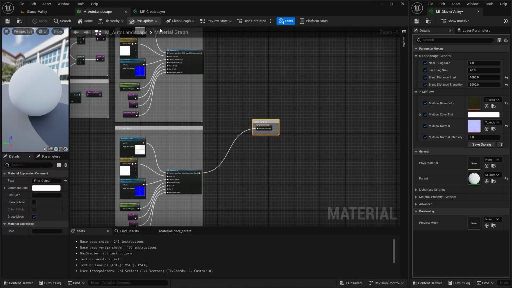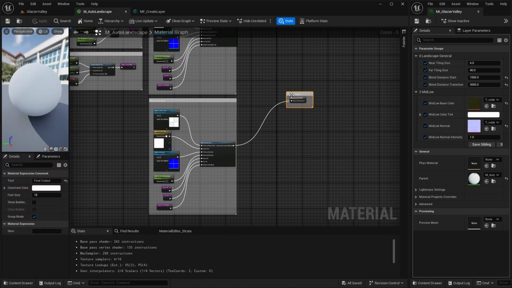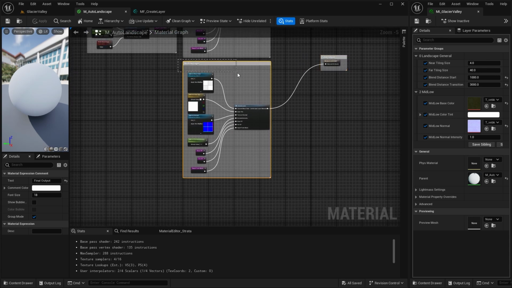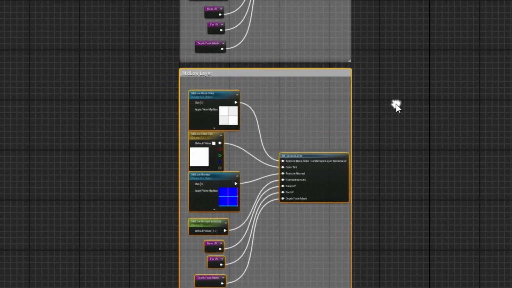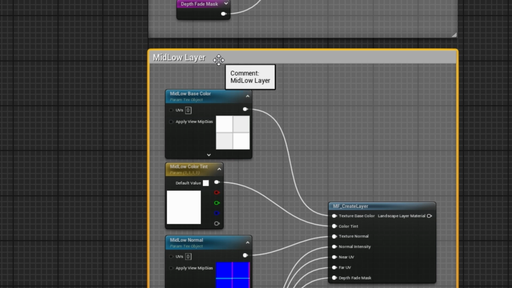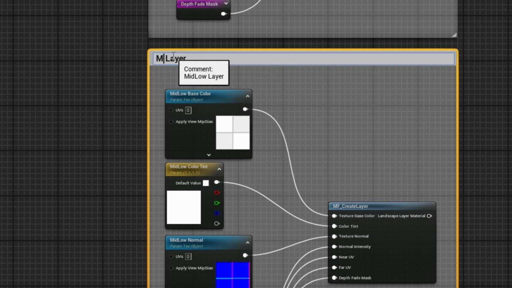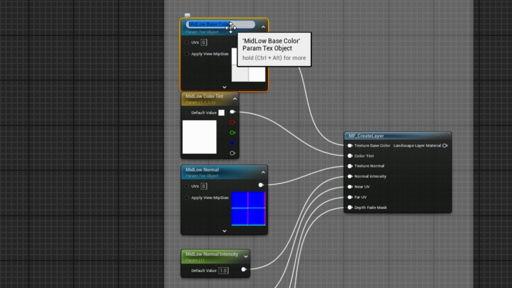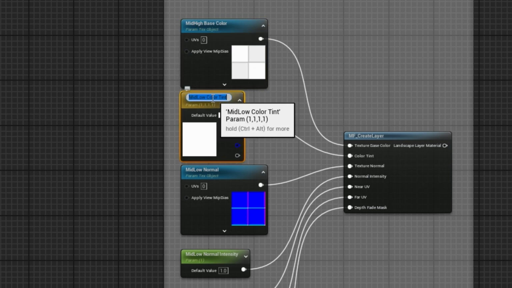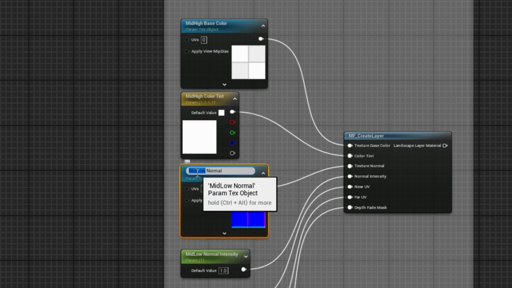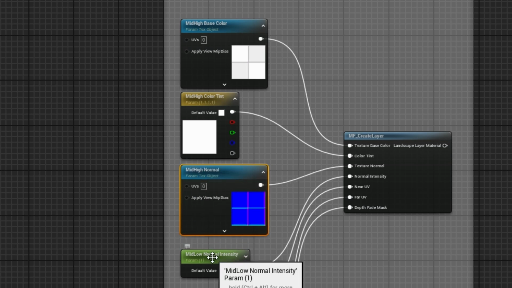So back to the main landscape, let's do a Control-Shift-S to save everything, and you've guessed it, we are selecting the mid-low layer. I'm doing Control-C this time and then moving down and Control-V so I don't accidentally take that output. Okay, and now we're going to start renaming everything again. So start with the comment box, and we'll call that mid-high, and go through each of the parameters, changing the mid-low to mid-high. So I'm using F2 to change the name. Mid-high normal, and finally